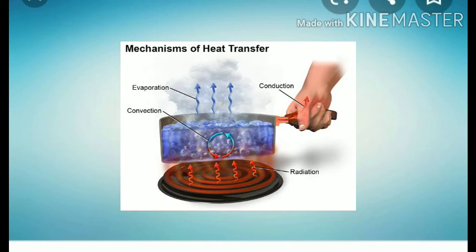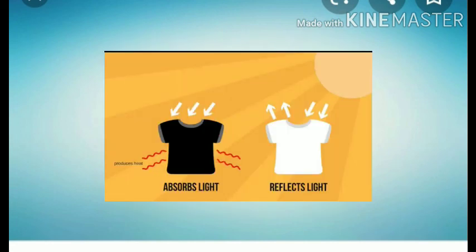There is another interesting fact about radiation. The amount of heat an object can absorb by radiation also depends on the color of the object. Dark colored objects absorb more heat than light colored objects. Light colored clothes absorb less heat from the sun, and therefore we feel cool in them during summer. Likewise, during winter, we feel more comfortable wearing dark colored clothes as they absorb more heat.